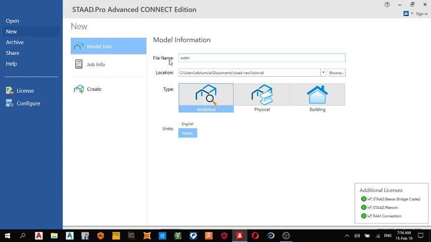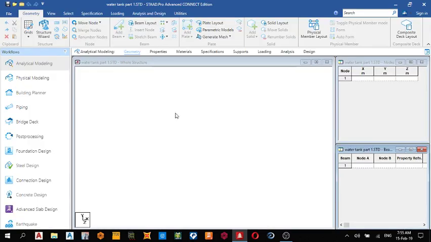Today we shall be designing a water tank structure. Okay, so choose your location. I'm working with metric, create. Yes, so the first thing I do is go to structure wizard,